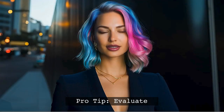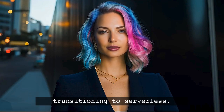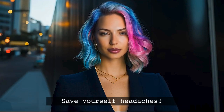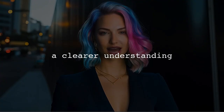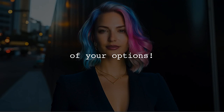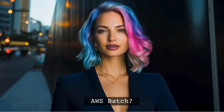Here's a pro tip. When transitioning to serverless, always evaluate the execution time limits of the services you plan to use. This can save you a lot of headaches down the line. And there you have it. You now have a clearer understanding of whether AWS Lambda, Step Functions, or AWS Batch is right for your